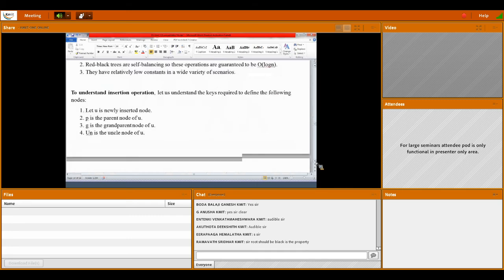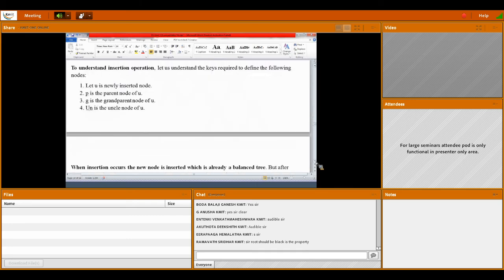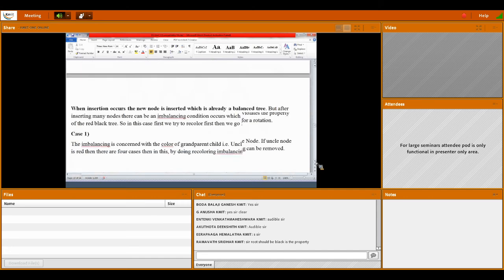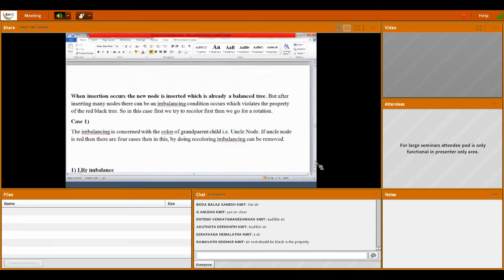So based on the position of the parent and new node, we'll call the imbalancing as LR, LL and so on, named based on the locations.